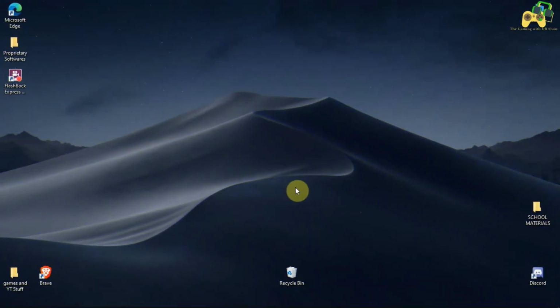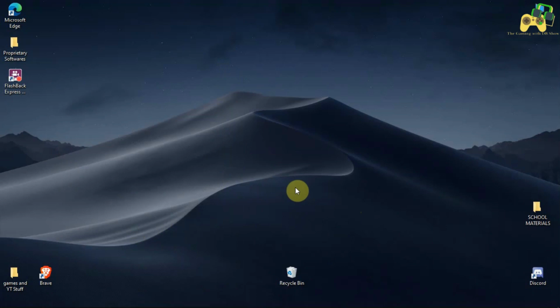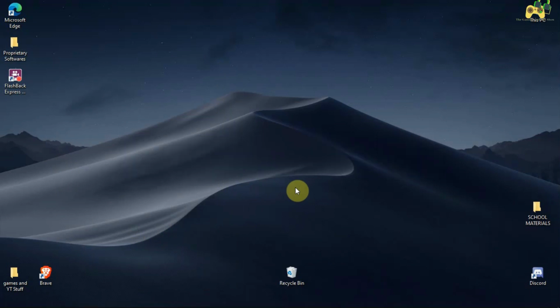The next step is to clear out your temporary files which are in your system in the C drive. Temporary files are basically the cache files of the apps which you turned on, and they don't get deleted along with the cleanup.